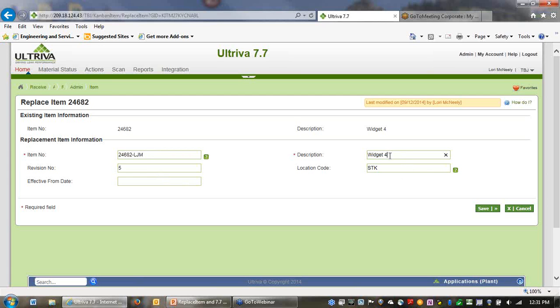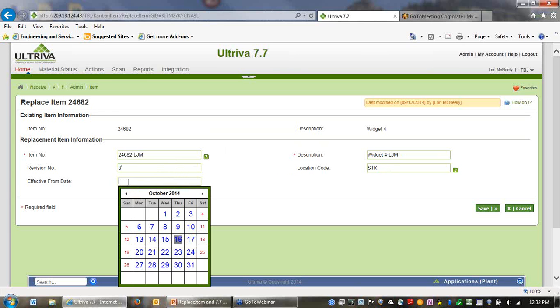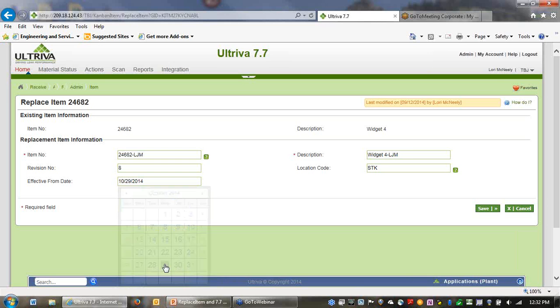So I'm going to add my initials here. I'm going to leave my description the same. It really doesn't matter. I guess I could put my initials here as well. Okay, my revision number, maybe my revision number is changing as well. And I get to choose my effective date. I do know that this part has a 2-day lead time and a 1-day transit time. So maybe if I want to start getting this new item number in here on November 1st, maybe I want to say October 29th